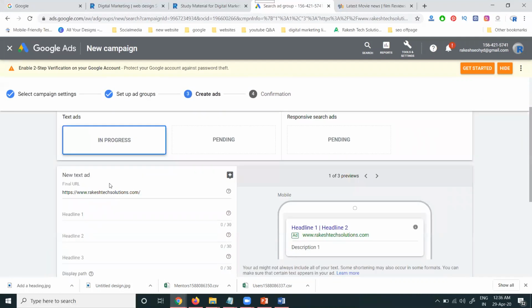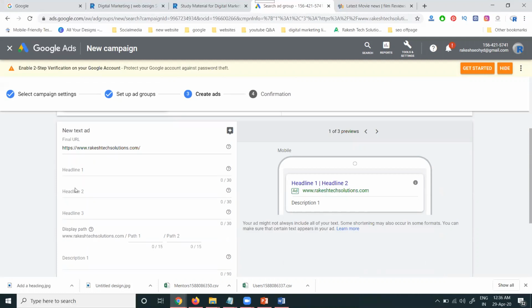So yeah, next you can create the ad. The final URL and headlines will be there. What headlines you can create.